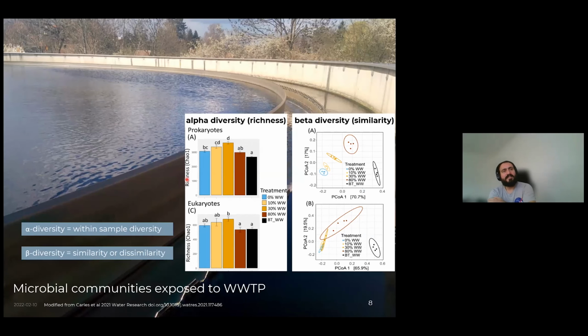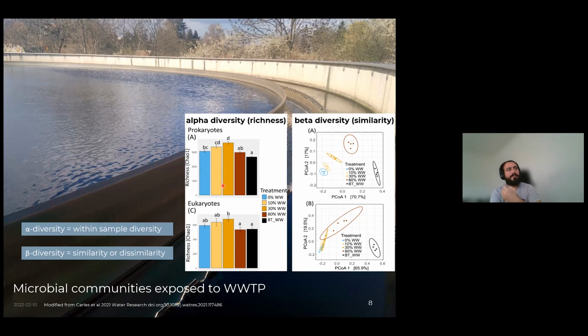There are quite a lot of studies today showing the application and use of eDNA in the context of chemicals and their effect on biodiversity. I just wanted to pick one and highlight some very nice results from that study. In this study, the colleagues exposed microbial communities to